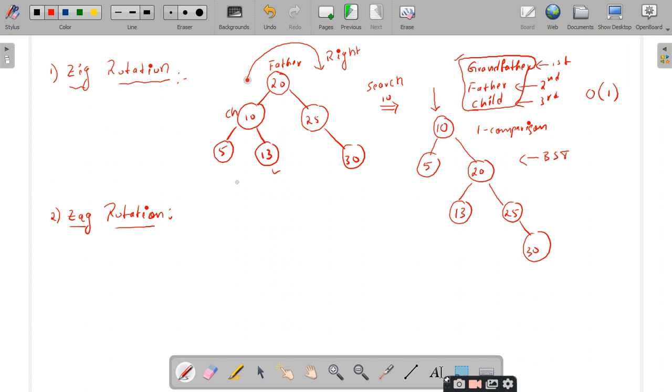Terminology is very important, right? So never use the terms left and right in the splay trees. Instead of that, you have to use the zig and zag terminology. Is it clear? Yes, sir. So let us take the same BST again.